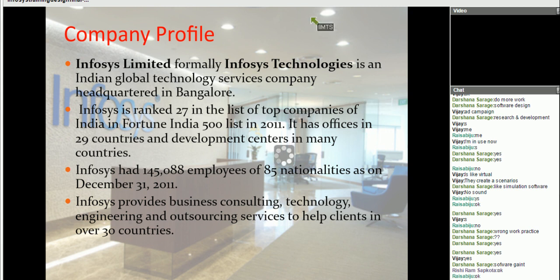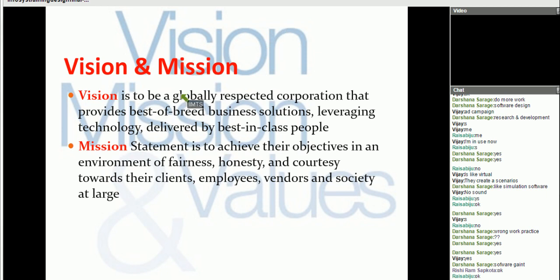Is it done? This is the history of the company, we can say. A vision and mission is there. The vision is to be a globally respected corporation that provides best of breed business solutions, leveraging technology delivered by best-in-class people. And the mission is to achieve their objectives in an environment of fairness, honesty, and courtesy towards their clients, employees, vendors, and